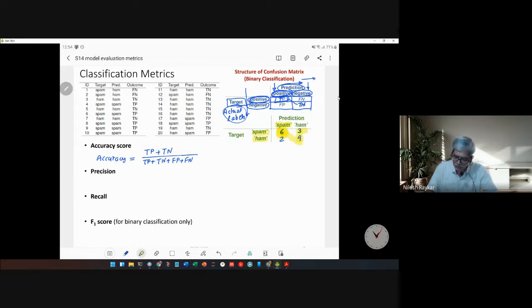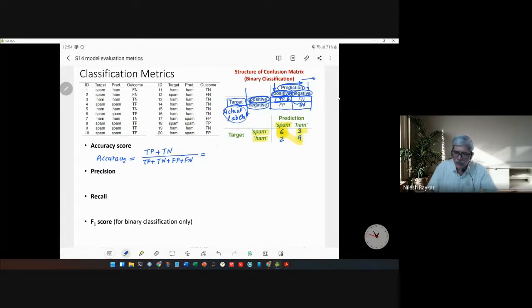So the accuracy score is about how well your model is able to predict the correct things. Here you are not bothering about whether you are predicting spam correctly or ham correctly. Your focus is not biased towards either spam or ham. In total, how accurate your model is, that is what you are looking at. You are counting how many correct predictions there are, either spam or ham. So that is the first score. In most situations, this score will work well. In other situations, which I am going to discuss, you require other things.